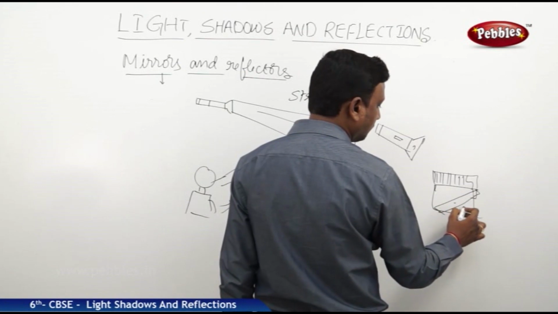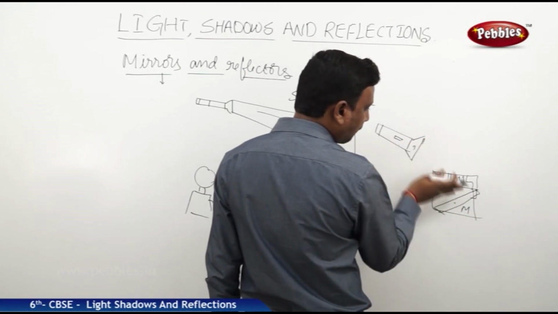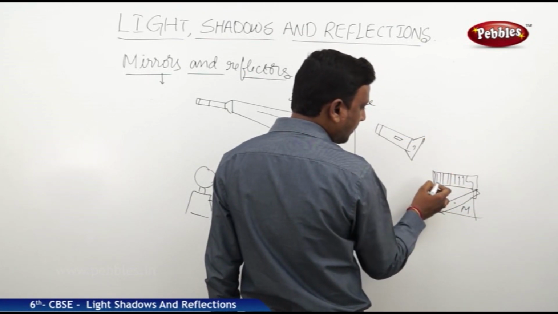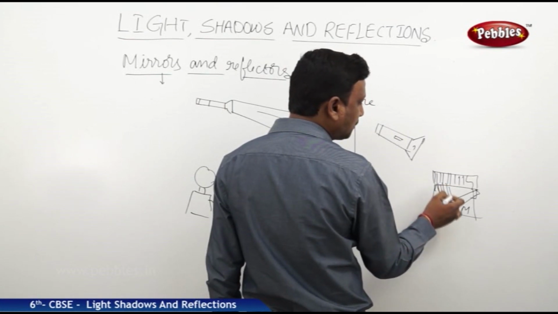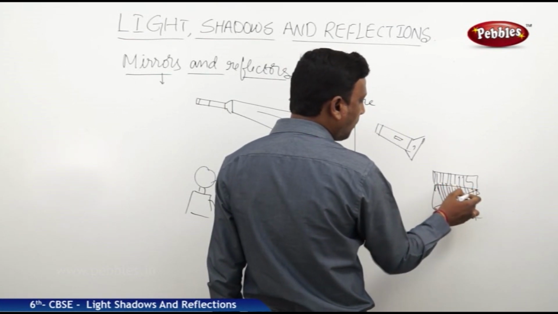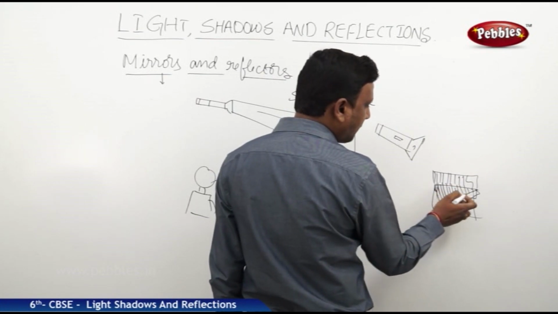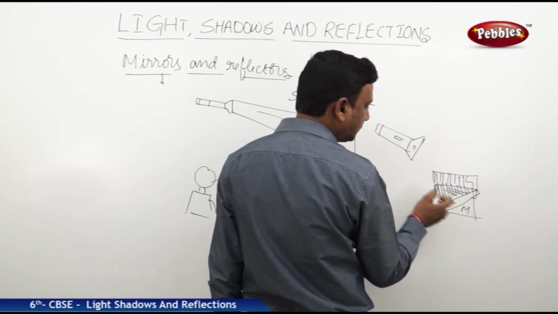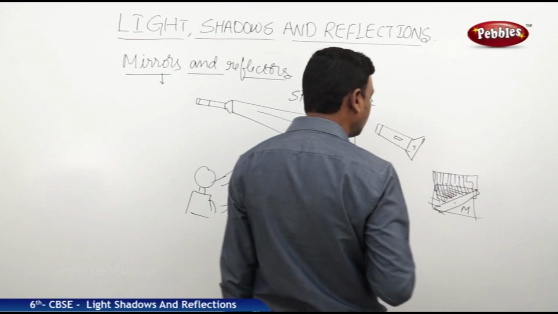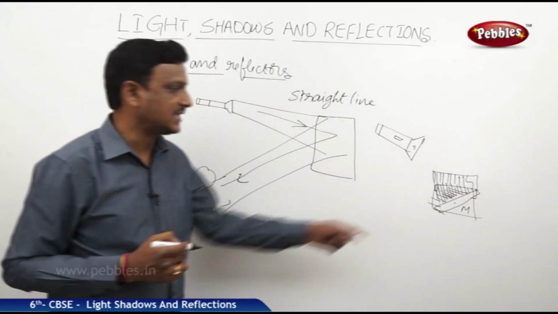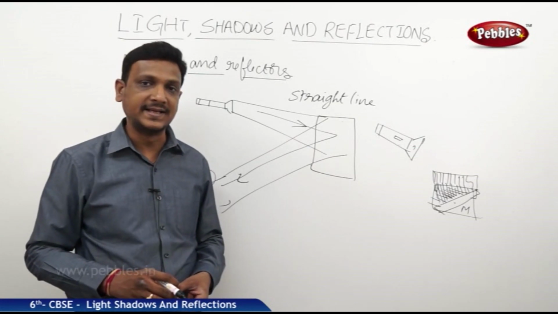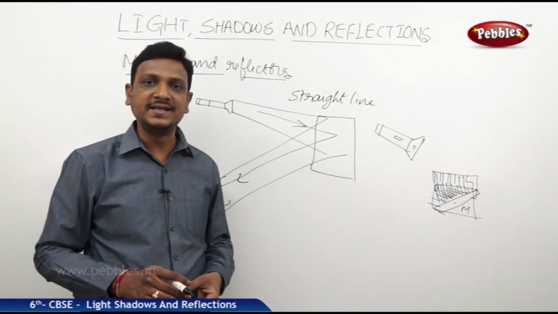This is the mirror M. So when you are focusing the light here, the light passes through the teeth of the comb and it forms the shadow. Again the light which is falling in the mirror, they form the shadows like this. So by this experiment also we can know that light travels in a straight line and it gets reflected by